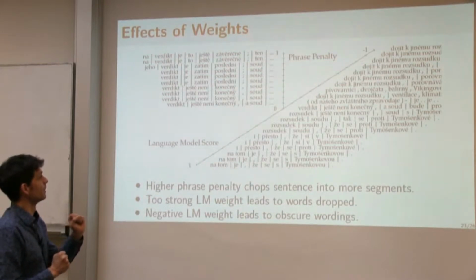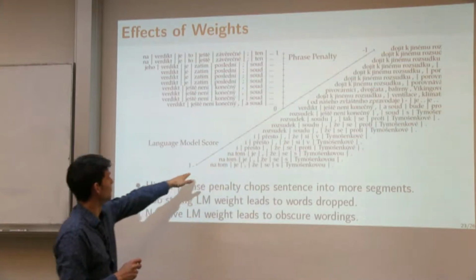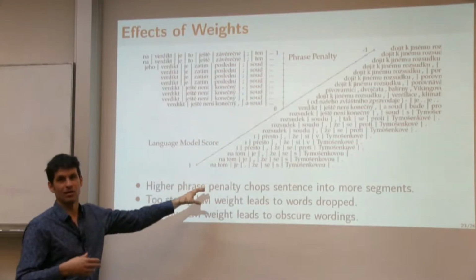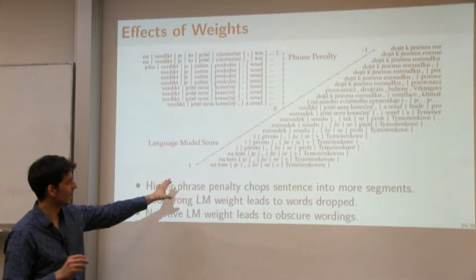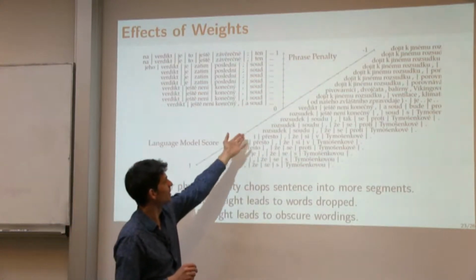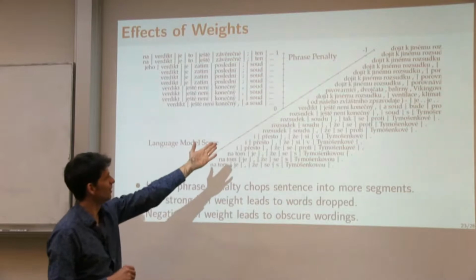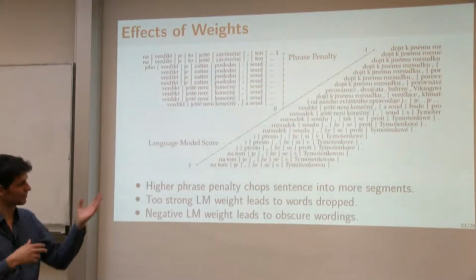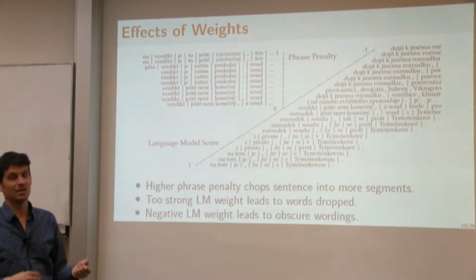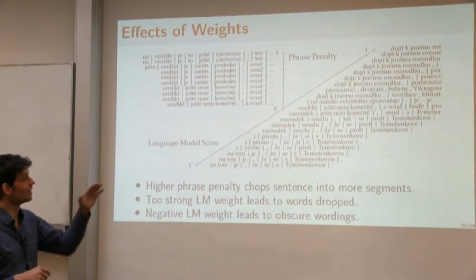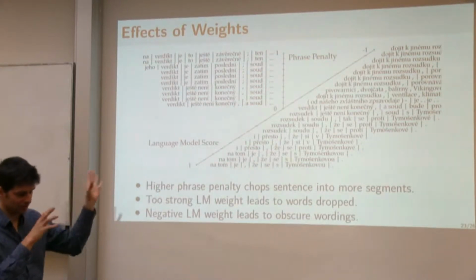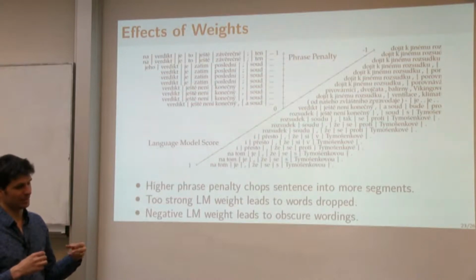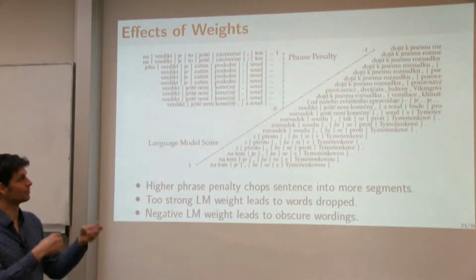And the language model score must not be exaggerated, because then the system would start fabulating. Then it would prefer nice sentences regardless of what the source sentence was saying. So it has to be set reasonably, but it must not be negative. So if you are a Czech speaker and if you start looking at the candidate translations when the weight for the language model score is negative, then you will see that, based on the fixed input words, suddenly our request to produce the strangest possible Czech sentences